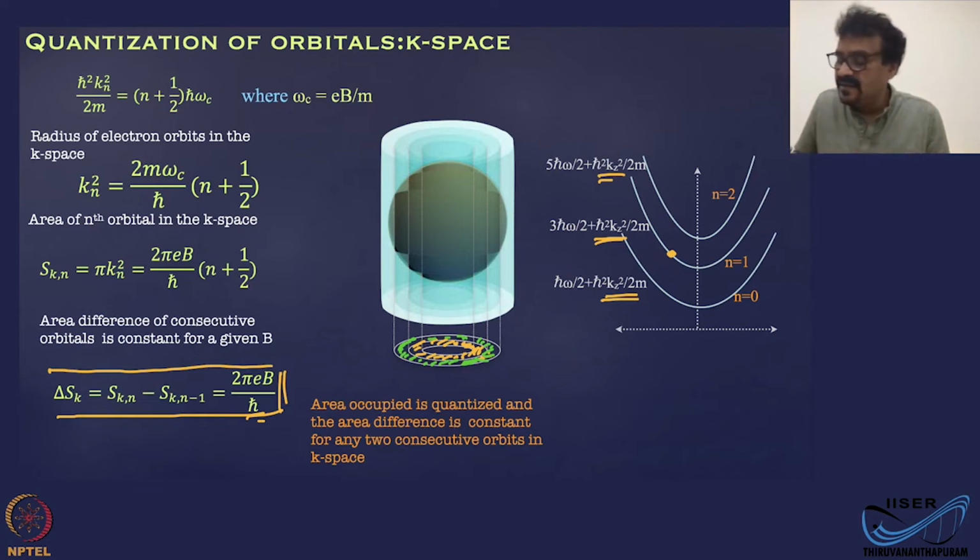n is equal to 1 is basically a Landau level. Okay, n is equal to 0, n is equal to 1, 2, these are the Landau levels. Each of these represents different Landau levels, right? Different orbitals. Now the same electron, this axis is the energy axis. The vertical axis here is the energy axis, okay? Now for the same energy,